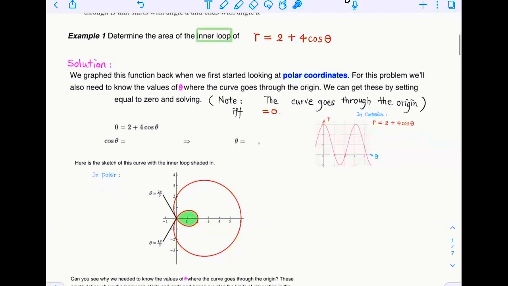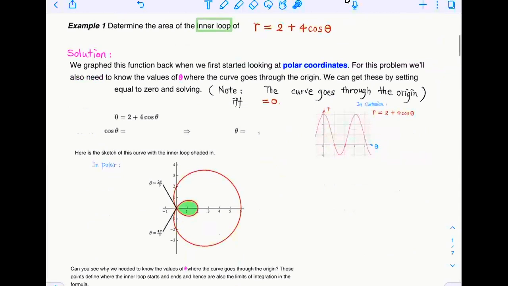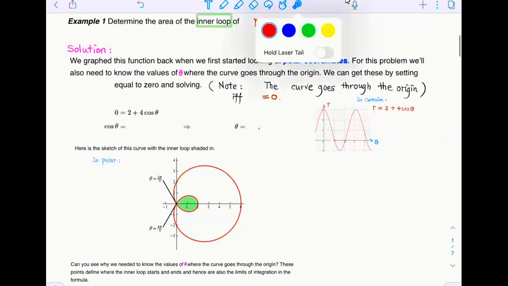We will use this formula, but we need to find out A and B, or alpha and beta. So we need to figure out theta going from what to what when we trace out the inner loop, from here to here. How do we do that? We need to know the value of theta where the curve goes through the origin. How do you know when theta equals 2 pi over 3 and 4 pi over 3